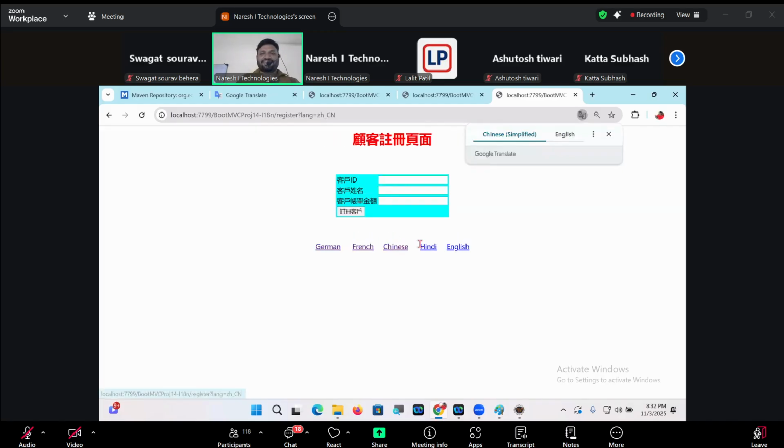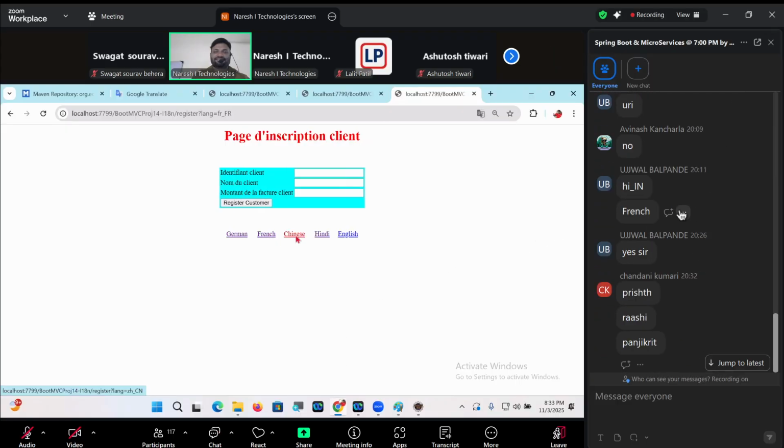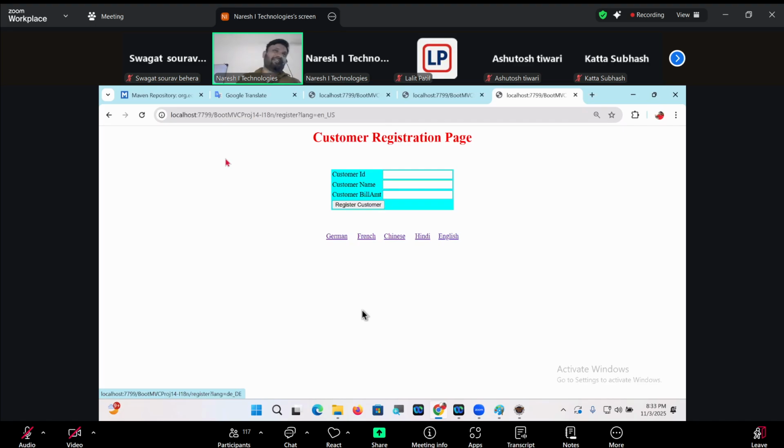Hindi, everything is coming, guys. I can read this. Grahak Panjikaran. Customer ID, customer name, customer bill, receipt amount, register customer. Fine, it's coming.